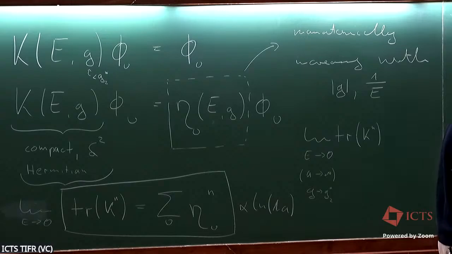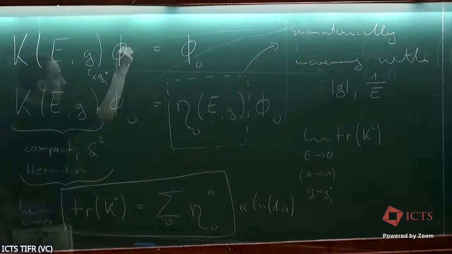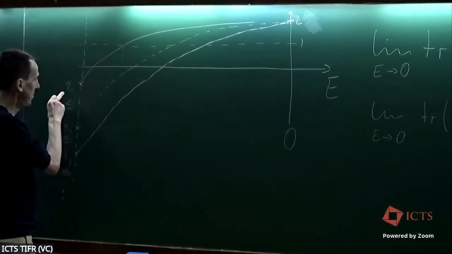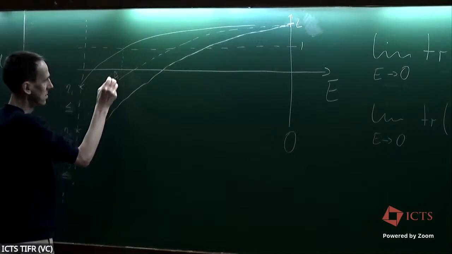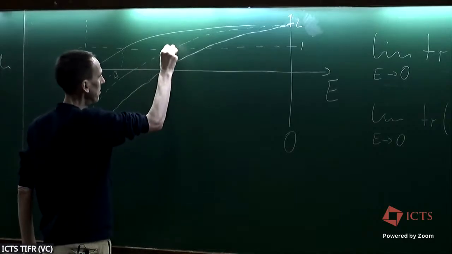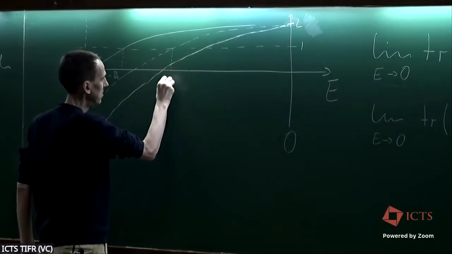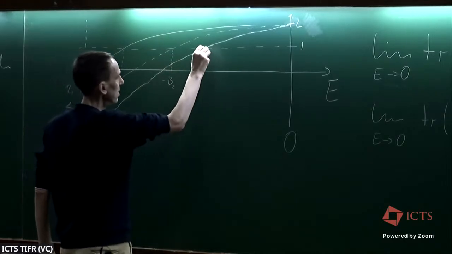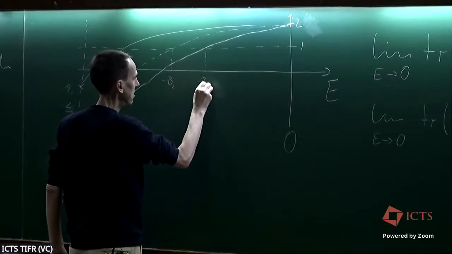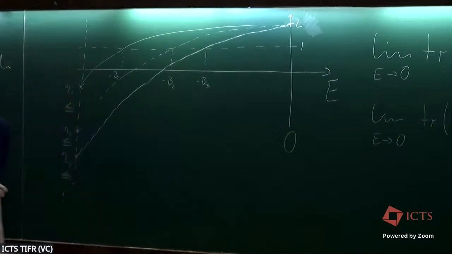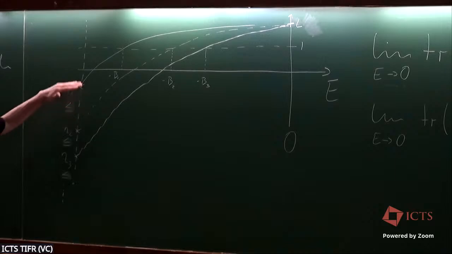So the bound state energies are those where the various eigenvalues here cross 1, so this is minus bound state energy 1, this is minus bound state energy 2, and this is minus bound state energy 3. So, okay, this is also fine. I know now that I have a huge number